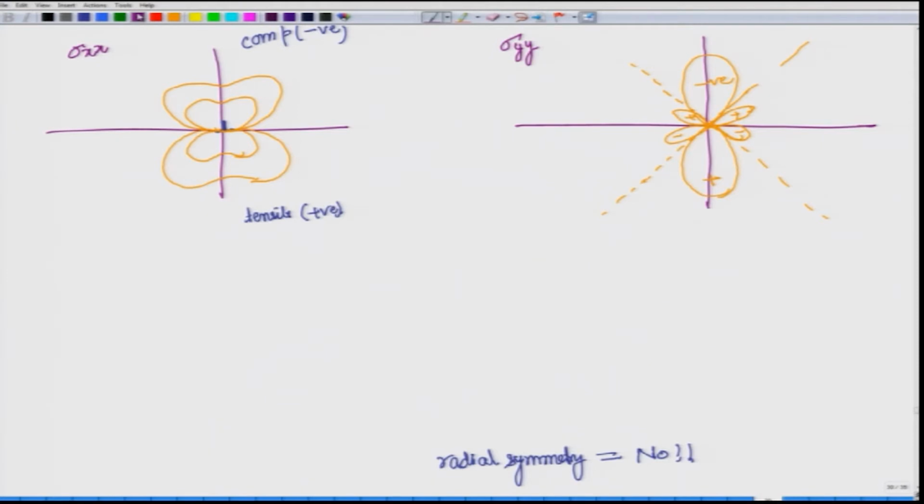So, we have drawn xx, we have drawn yy, now let us get to the other one, which is xy. Now, xy is again not easy to predict based on simple geometry, but using the relation that is given to you, you would see that it comes out similar to yy. Even looking at the relations of yy and xy, you would see that the relation is the same, except x and y get interchanged, and therefore, just by looking at the relation, you would be able to say that yy and xy would be rotated by 90 degrees, and therefore, you will have a plot like this.